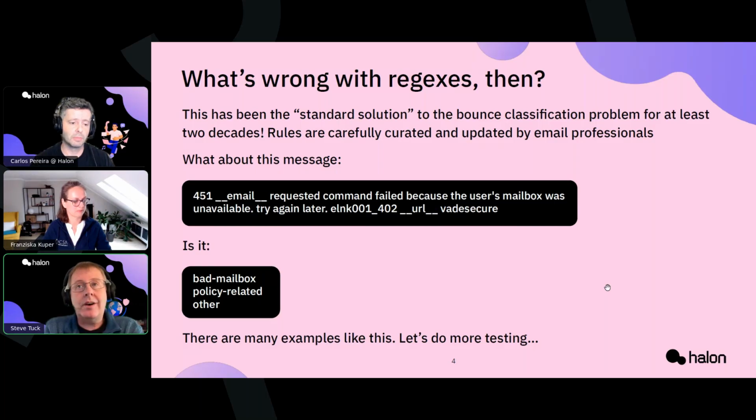Exactly. Humans are often too specific or too general when they're constructing regexes. If you're too specific, then you're going to get skips or false negatives where your rules didn't match. Too general, then you're going to get mismatches or false positives. So over those years, taking a reactive approach, adjusting your regex sets is going to have an unforeseen impact, which you can think of as being like a technical debt leading to mistakes.